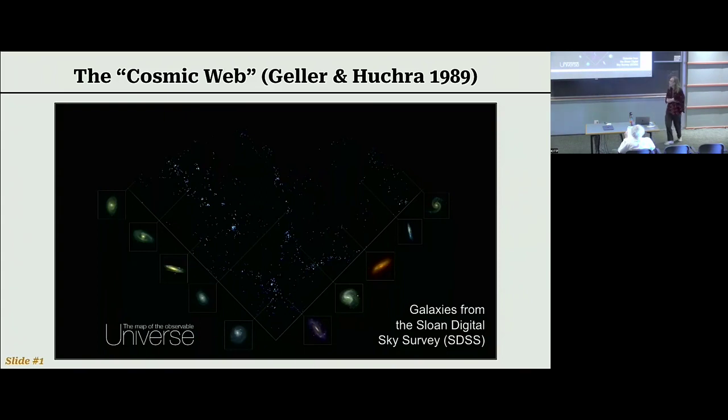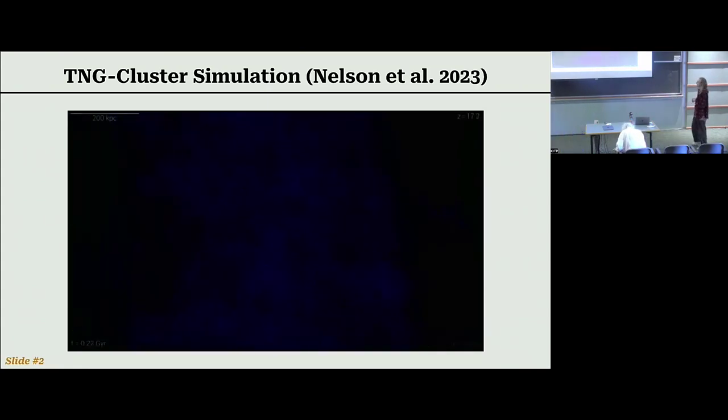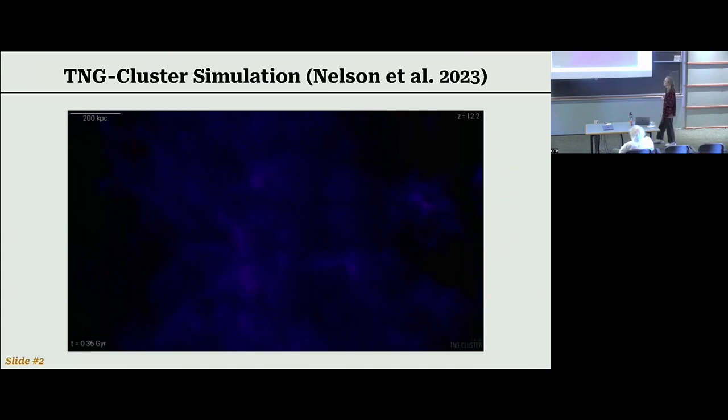Galaxy clusters inhabit the nodes of the cosmic web. They contain tens, hundreds of thousands of galaxies in a very small volume. And these are the most extreme entities allowed by our understanding of cosmology and hierarchical structure formation. So what does our understanding of cosmology and hierarchical structure formation predict? This is a simulation from the TNG cluster project, showing the evolution of a massive galaxy cluster from redshift 20